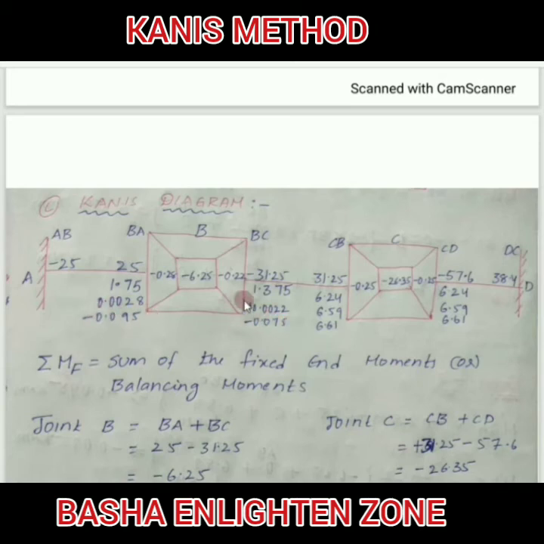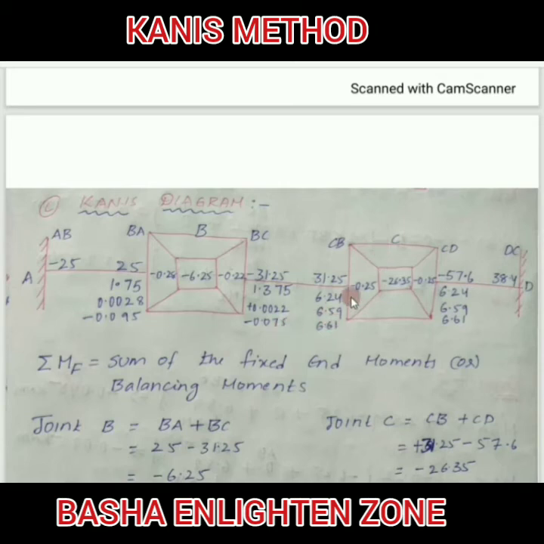Then go to the rotation moment BC. For the rotation moment BC, the formula is U equal to minus 0.22 into minus 6.25, which is the sum of the fixed moment, plus the foreign rotation moment, or 0, plus again this 6.59. Then you will get minus 0.075 as your rotation moment for BC.